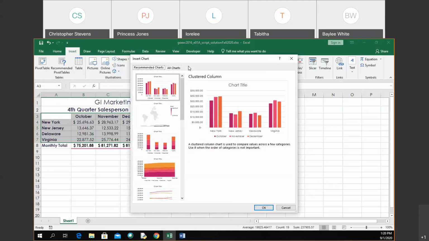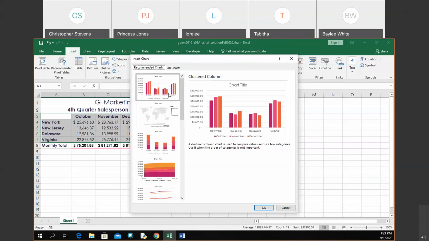Because generally speaking, what recommended charts does is it says, hey, let me take this data, and based on how people usually use data that's structured in this way, it sees how we have the different headings as well. Most people want to do this as a clustered column chart. And the reason why is because you're able to switch between the data really easily. You can switch between having your categories down here be the states and what's represented in each column be the months,